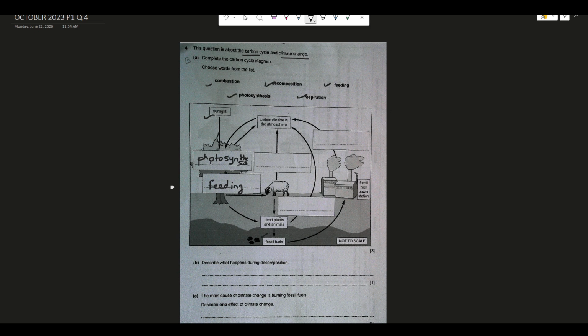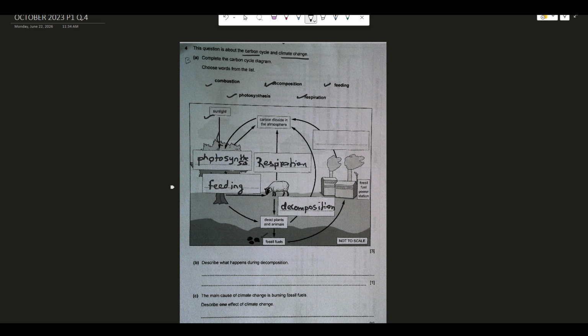Now what should this stage be? Once the plants are dead, once the animals are dead, there's something called decomposition that takes place. Decomposition of the dead plants and animals. And what will happen on decomposition? Again, the carbon will be escaping into the atmosphere. Another thing, this animal, you can see here there's a box. So here you can say that because of respiration,